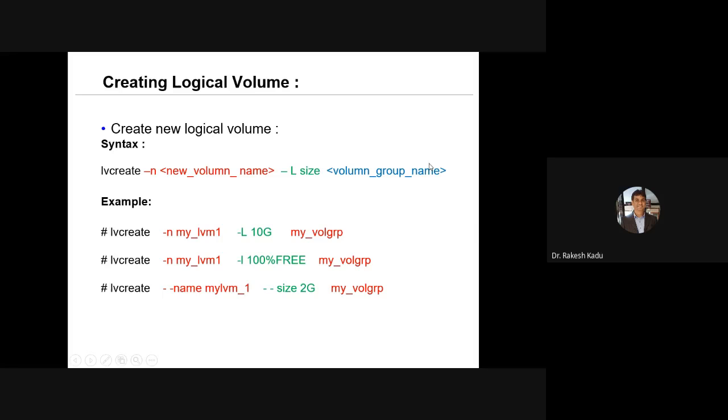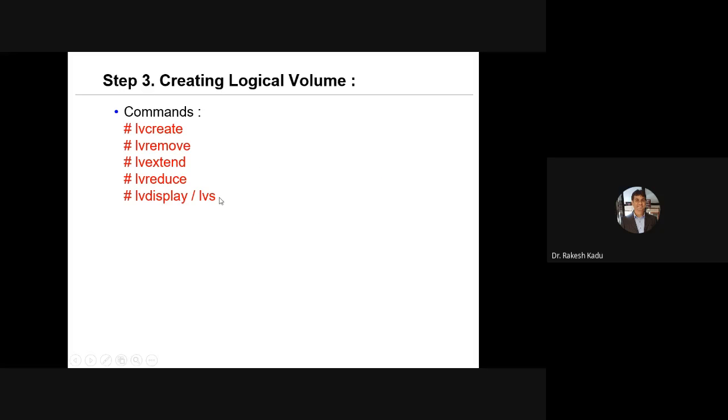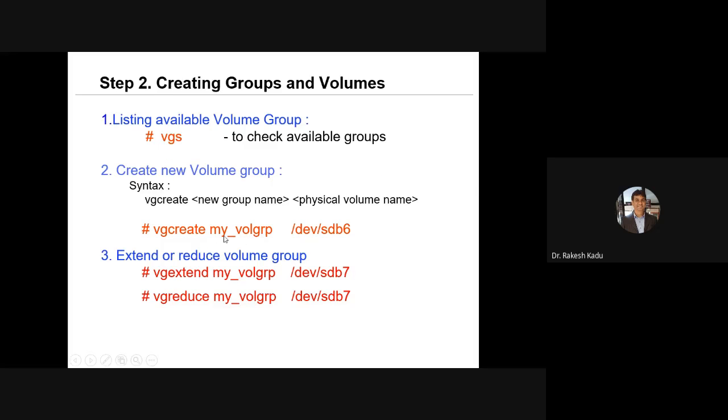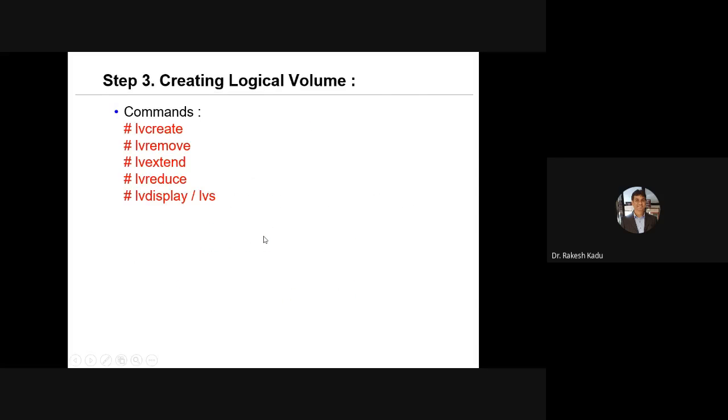The last argument is the volume group name. This is not a physical volume name. What you have to specify is the volume group name here. We have created the volume group, that is my volume group, so this I have to specify when creating the